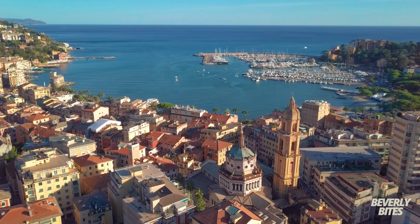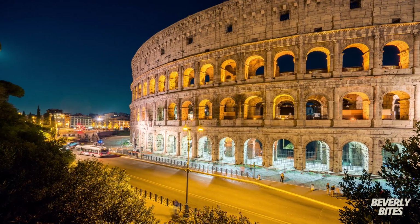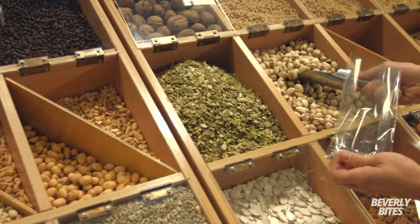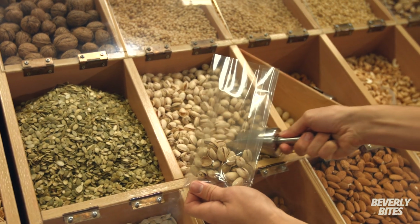And I was also wondering what separates you from the competition. Well, probably the fact that we use some very specific ingredients from Italy. For example, the pistachio, which we get from Bronte, a small town in Sicily, has a very unique earthy flavor, and it's considered to be the best pistachio in the world. And the hazelnut we get from Piedmont, a region in northern Italy, which also comes from a very specific area. Because of the soil, the water, and the air, it gets a very nutty and almost Nutella-ish flavor,